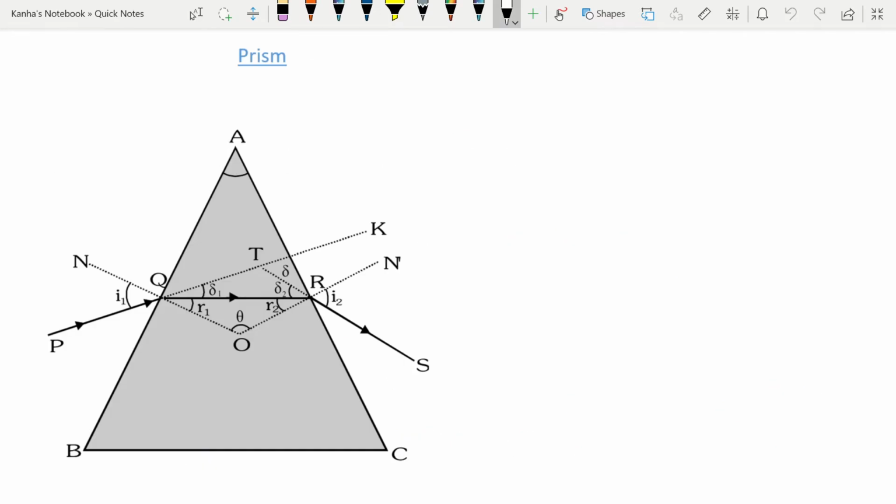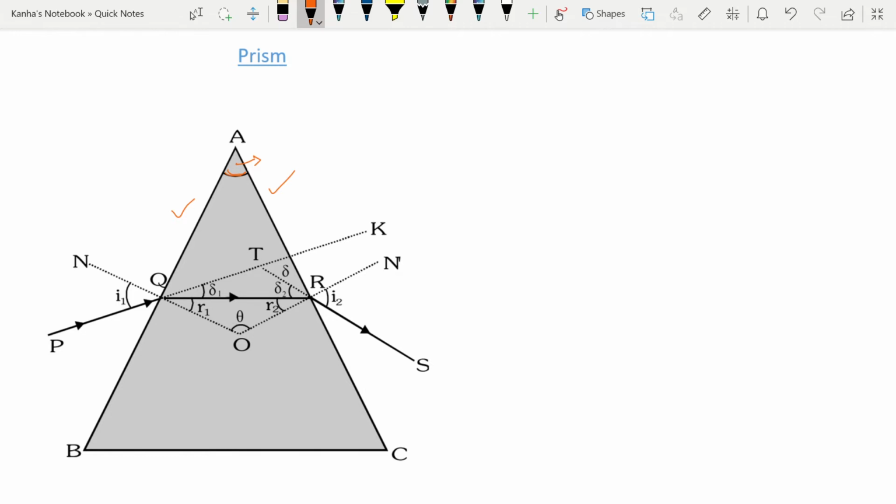In order to begin our discussion, we'll talk briefly about the prism. A prism is a homogeneous transparent medium such as glass, which is enclosed by two plane surfaces inclined at an angle. Right here I've shown you one kind of prism. It has two surfaces, this one and this one, and they have an angle in between them. These surfaces are called refracting surfaces, and the angle between them is known as the refracting angle or the angle of the prism. So this angle A will be known as the angle of the prism.